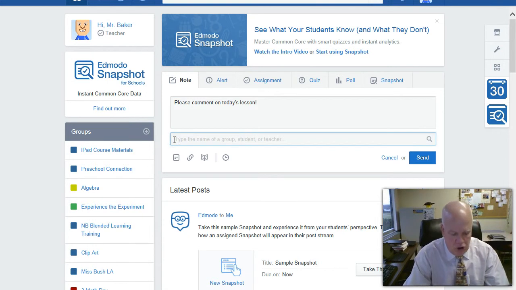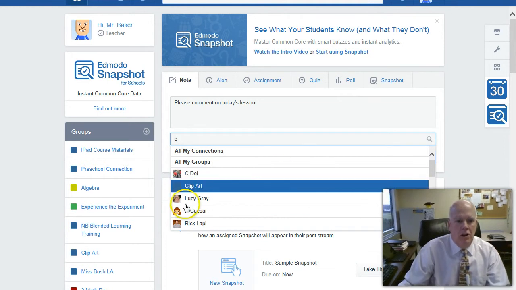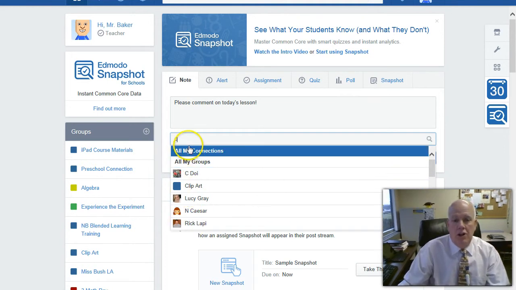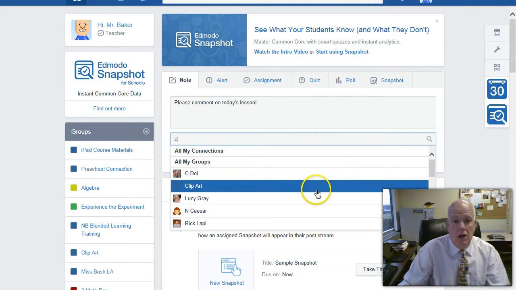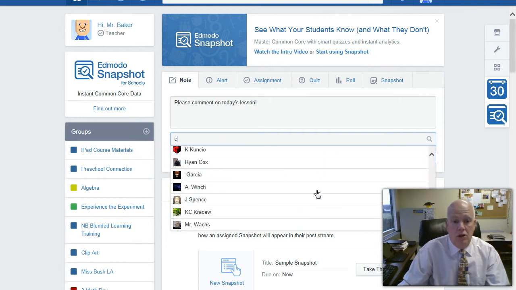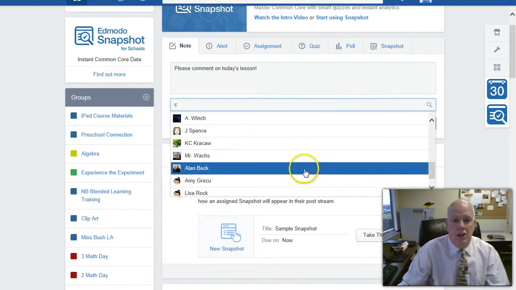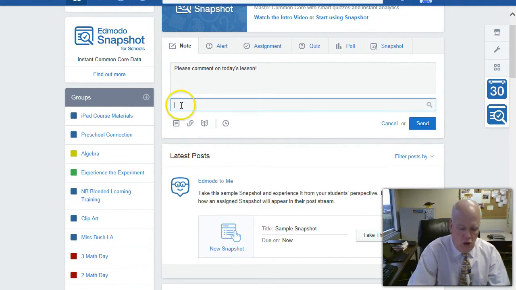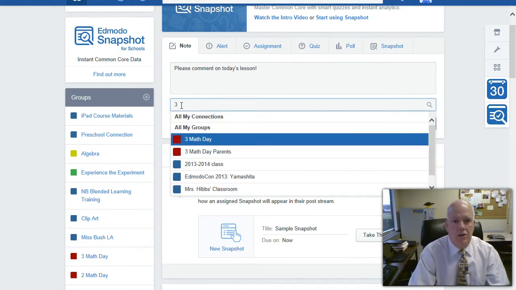If I want to choose a group, I just enter an initial C, I get every student that has a C in their name, or I can enter 3 because I know 3 is the way I started my math group. And you can see I can send it to my math group,